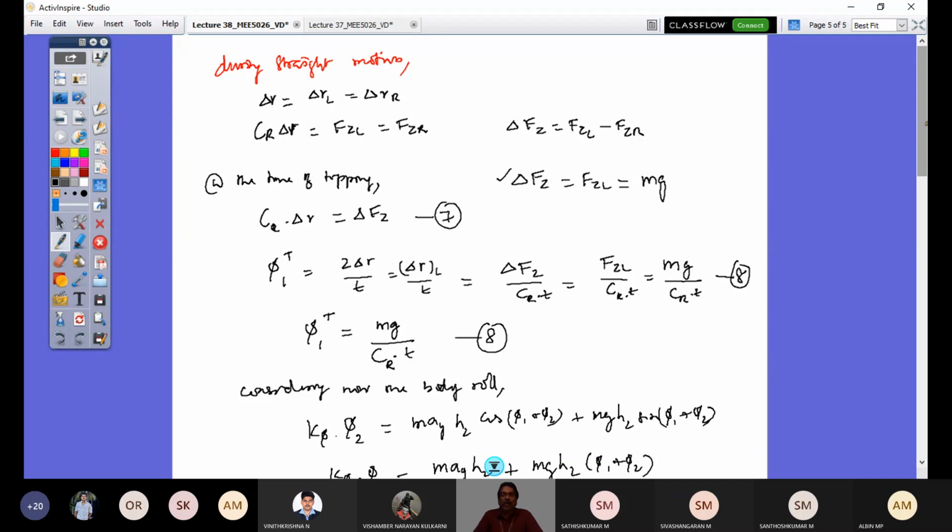and in the next class let us look at some more design aspects. What would be the effect of camber, what would be the effect of tractive force. Instead of steady state motion, if I have tractive force also that comes into the tire interaction, what would be the changes? And there is something called the roll steer effect due to NVH compliance bush properties. There are so many other design aspects. So let's account for them and look at them in the next class, and that completes the next module, and we will be left with only the vertical dynamics part,